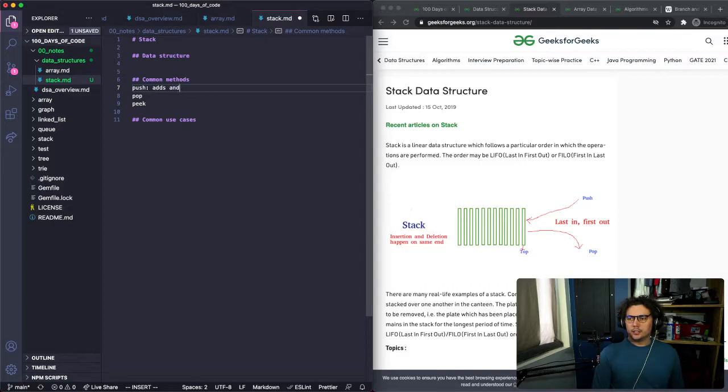Push adds an item to the top. Pop removes and returns the top item. Peek just shows the top item.